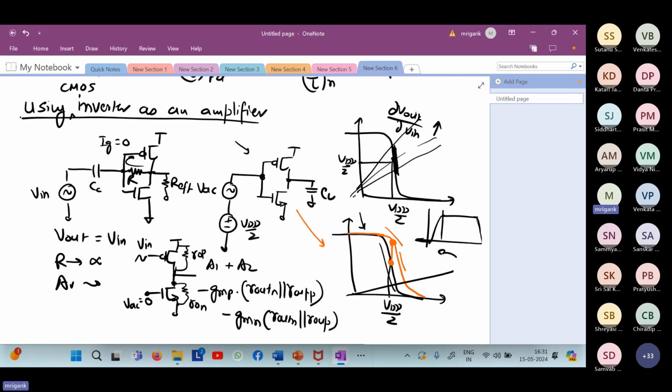If your R is lower, then that will lower the gain, but it will slightly improve the bandwidth. So the gain bandwidth product, anyway, we have a reverse relationship. If you are using lower R, so that the R effective is lower, gain will be reduced, but bandwidth will be improved because at the output node, the effective R is reducing, becoming comparable to the ROP, RON. The effective output impedance is reducing. As a result, the upper cutoff will improve while the gain will drop. Is that clear? Any problem with this?